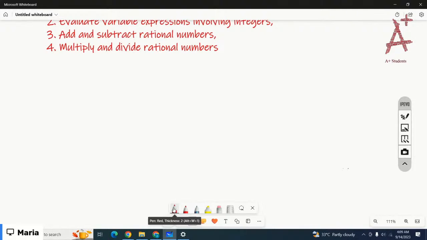So, addition and subtraction rules, right? Why are you going to apply the rules? Because you have a positive sign and a negative sign. So when you are adding integers,